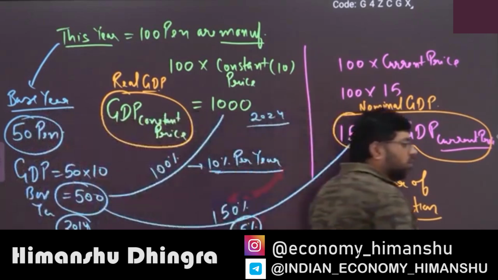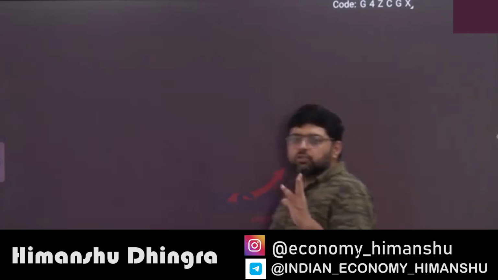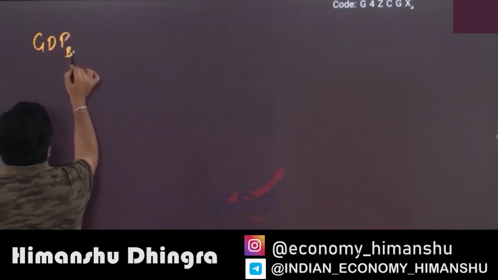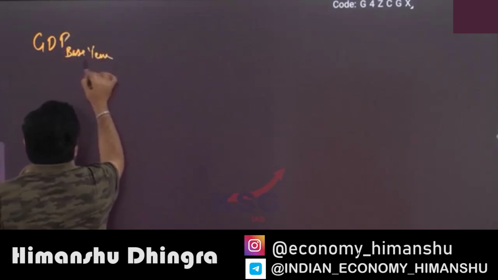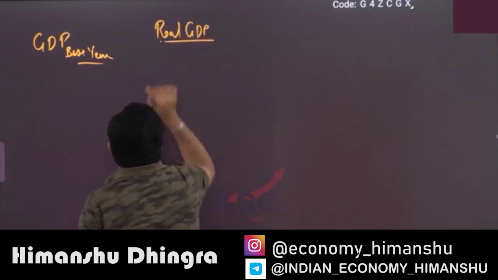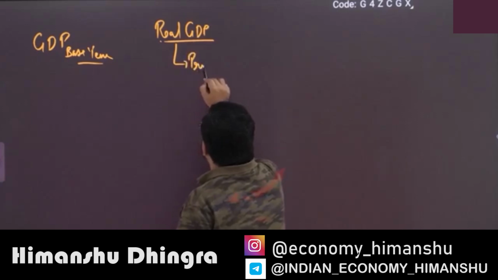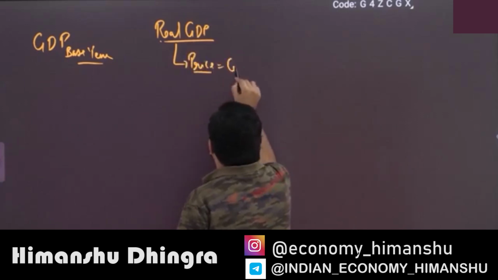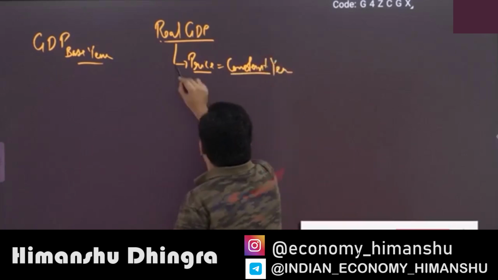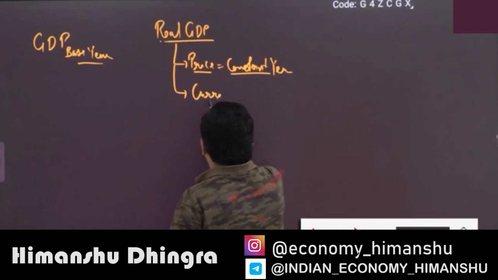Total goods and services final produced, okay. If it is not understood, let's see one last example. We have three values: one is GDP of base year, another is real GDP, which we calculate by taking the prices of constant year. So what are we doing here? We are taking the prices of constant year, that is base year. When I use the word constant year, it means I am talking about base year, but the number of products produced